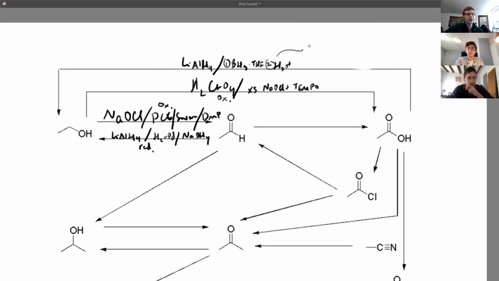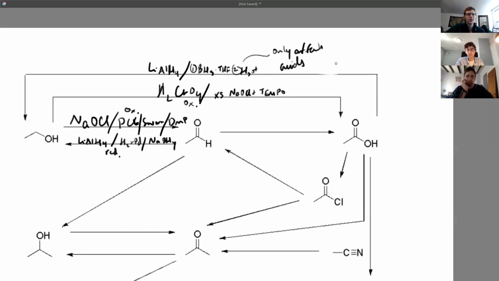Yeah, so this only works on acids, as opposed to ketones and aldehydes, I mean. If you have a double bond or triple bond in your molecule, then you'll get screwed anyway. But okay, so it'll also reduce the alkenes. Yeah, although you kind of get stuck because, let's say you have